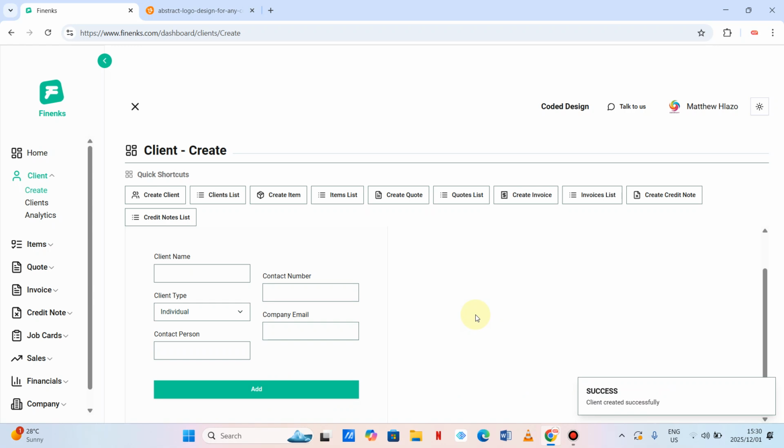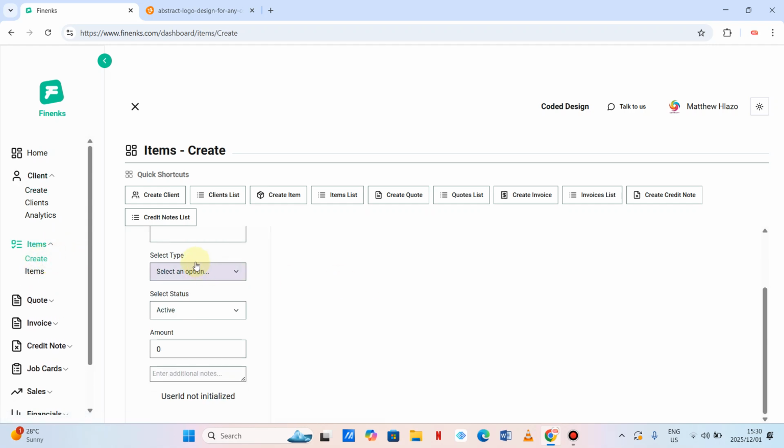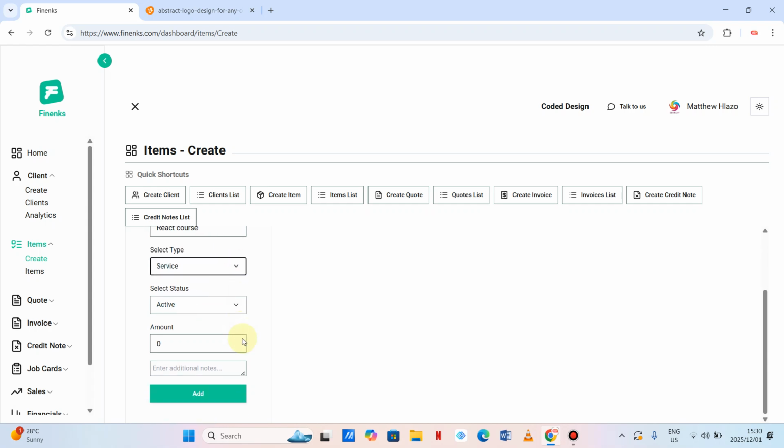And then what we want to do is create an item. You can just come here and create an item. Let's say React course. Let's call it design. This is a service, not a product. It's active, and let's say it's 6,500. As you can see, we have added an item, and then we need to